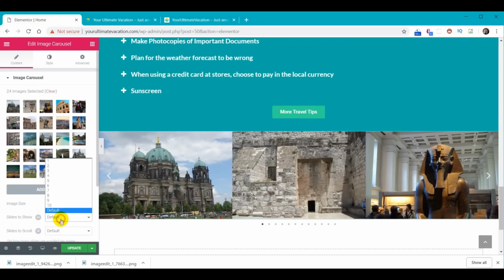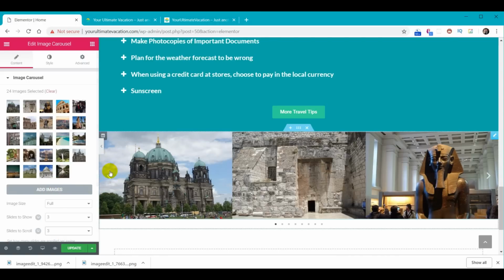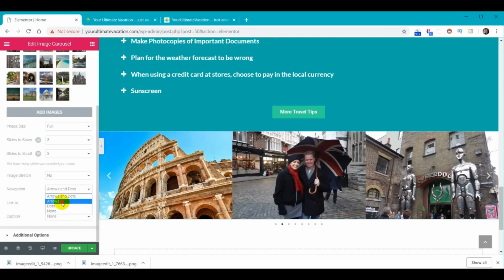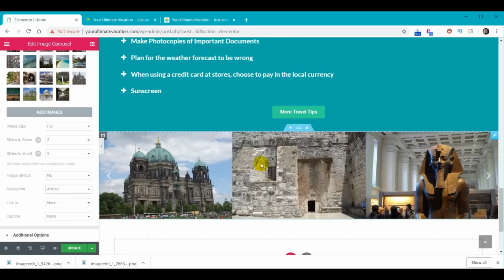And then we're going to tell it to show 3 at a time. I think that's the default. And then we're going to do slide 3 at a time. Now I like the arrows, but I don't really like the dots. So we're going to scroll down, and there's a place to modify the navigation, and we're going to choose just the arrows. Now we need to put our little dividers on the top and the bottom, and to do that